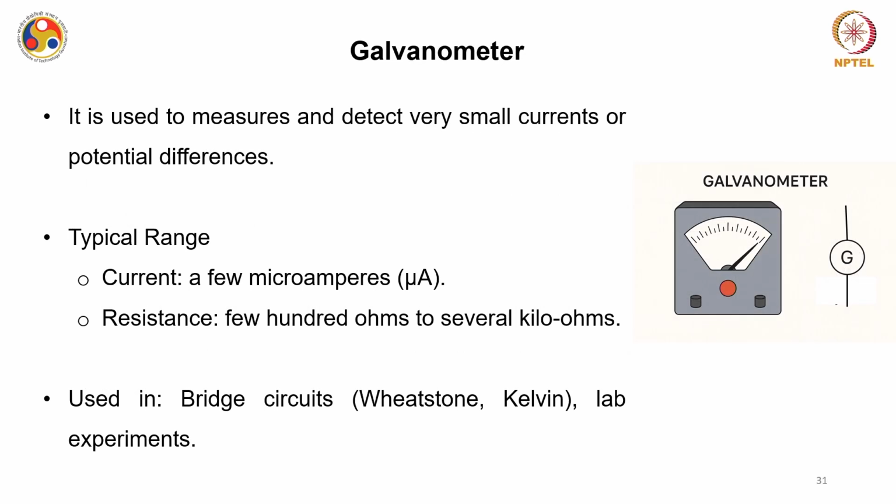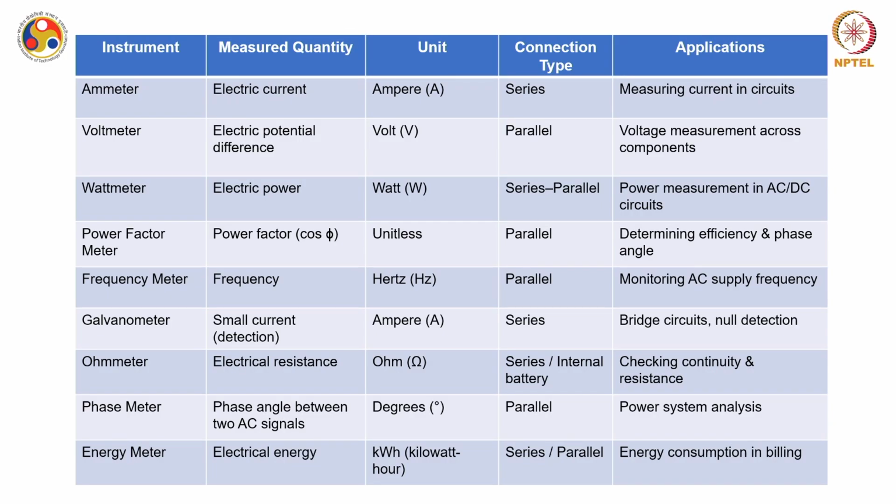Galvanometer is another kind of special tool which can be used to measure very small currents or very small potential differences. A typical range is a few micro amps for current, while for resistors it is a few hundred ohms to a few kilo ohms. They are very useful in bridge circuits, be it Wheatstone bridge or Kelvin bridge, or in lab experiments. So, if I summarize these meters, you have the ammeter which measures the electrical current and its unit is ampere,